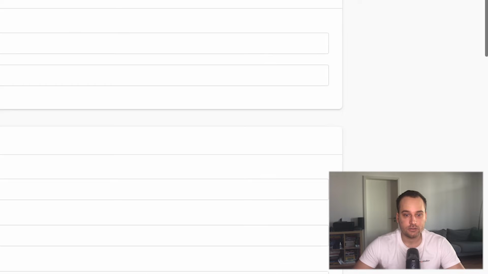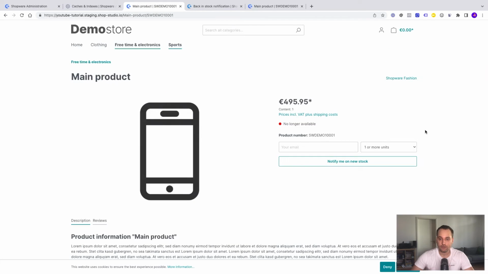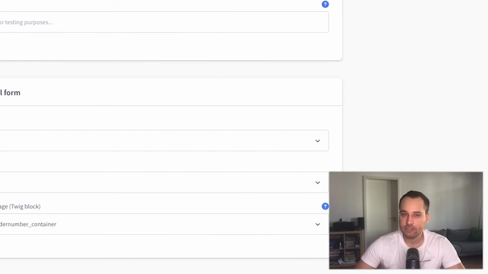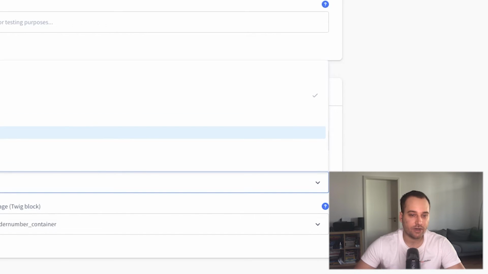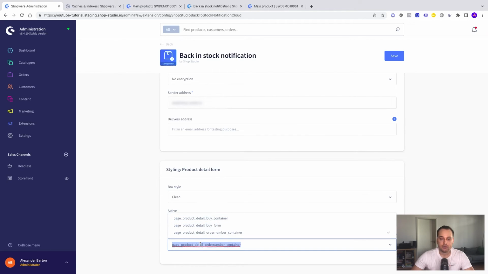The next option is to scroll down here under Styling Product Detail Form. We can, for example, say that we want to have a box style with border or a clean one. The border is now missing. We can say that we maybe want to have a separate color. Let's say it's maybe not primary, it's maybe success, and the color really depends on your theme. Success could be a green or maybe a different color, and danger is probably red, and warning probably something with yellow or orange. And we can even change the position on the page, because I have seen in practice